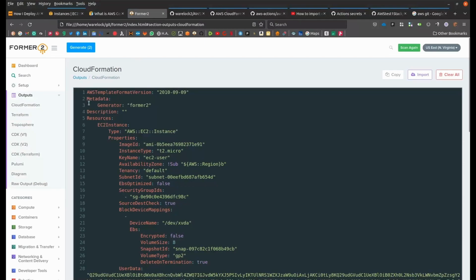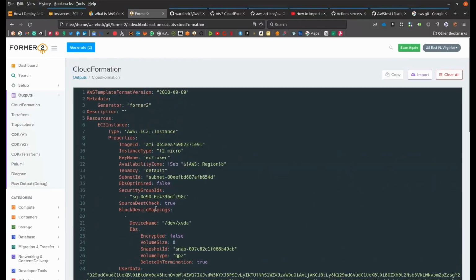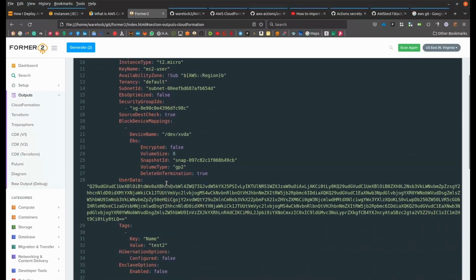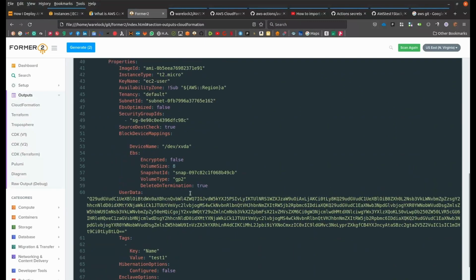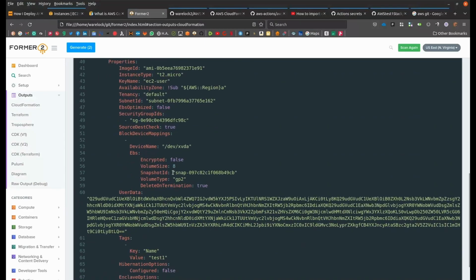So what we're looking at here is a CloudFormation template, but this literally is the current state of this particular, let's say here we're looking at an EC2 instance, right? And how it differentiates is the tag here, and the tag here is test2. So this is basically the CloudFormation template code for the test2 instance that currently exists in AWS. If we scroll down here, we have another block which is almost identical, but it says test1. So if you copied and pasted this into CloudFormation, it would literally create you these 2 instances with all of this information. But that's not the minimal set of information that's required to create an EC2 instance,